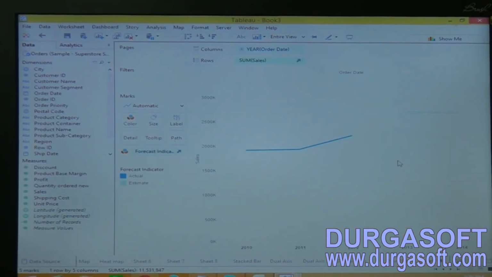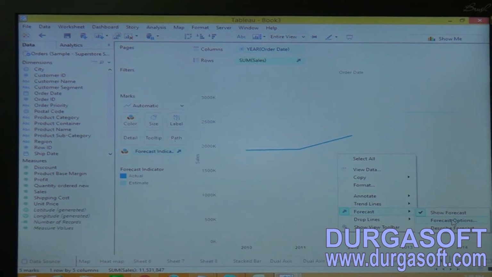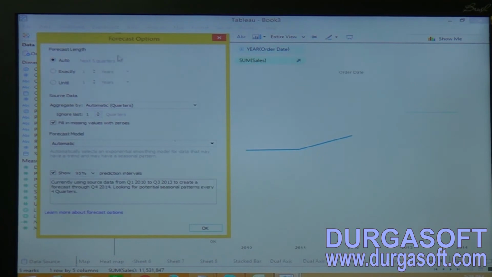So if I want to apply this forecasting on a line chart, you just right click on this and apply forecasting, and now it is representing only 1 year of forecasting with the previous year data. Now if you want to change that to 10 years or 5 years based on your expectations, you can just give that.